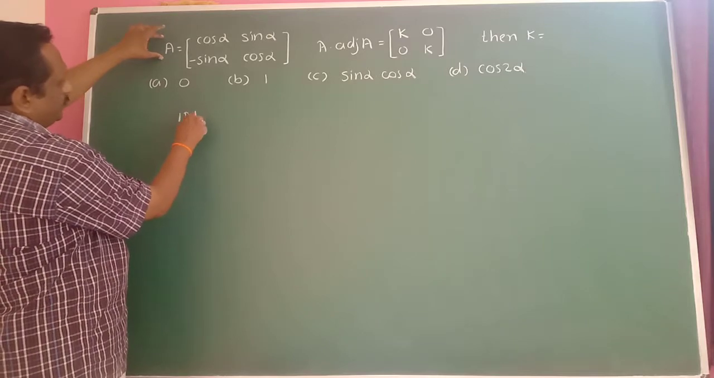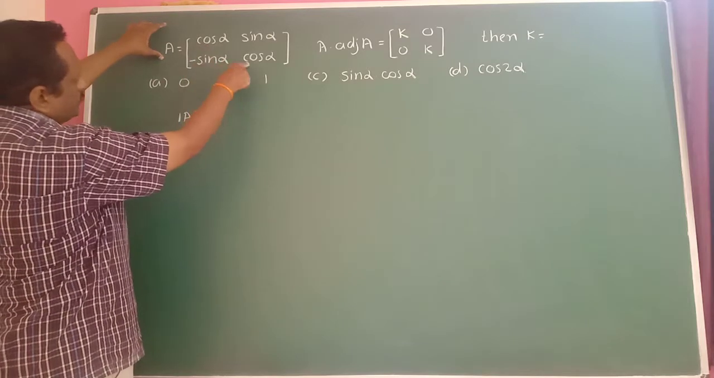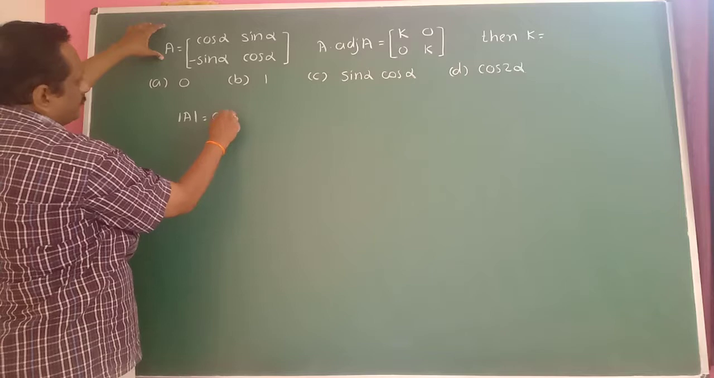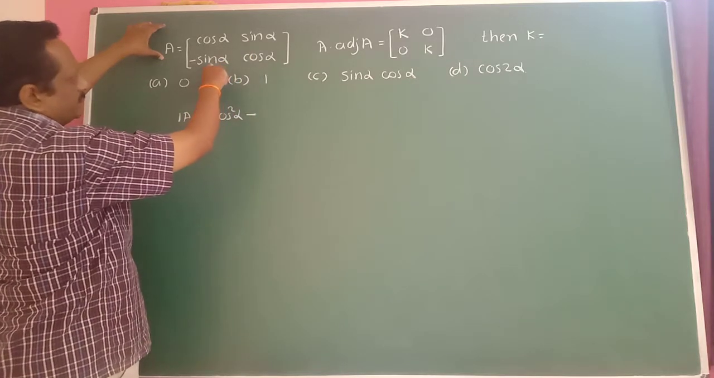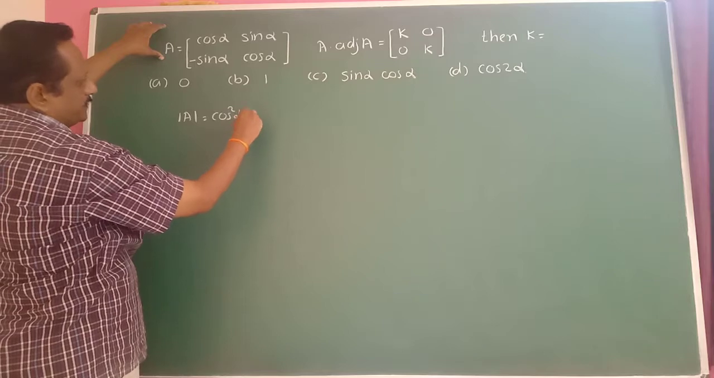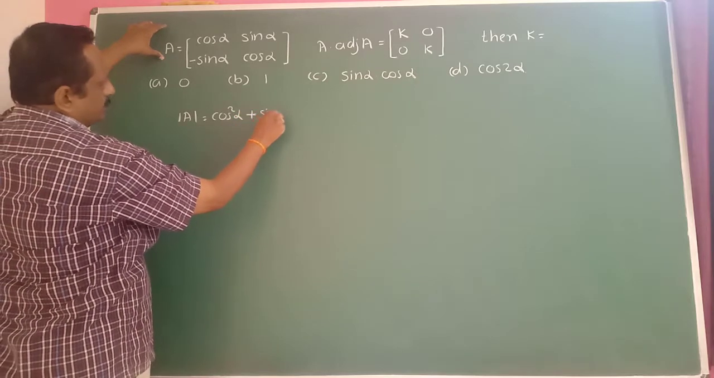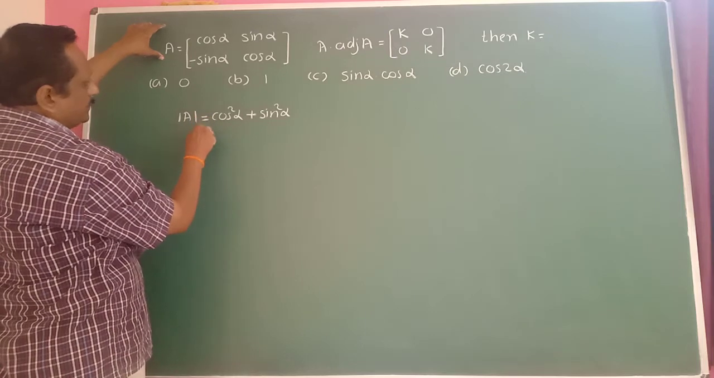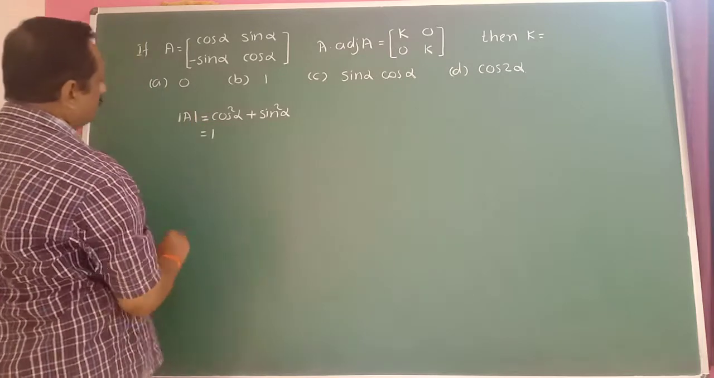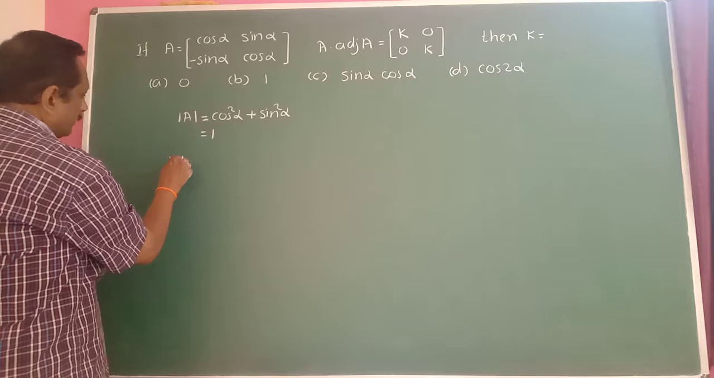Here determinant of A is equal to cos into cos becomes cos square alpha here. Minus sin alpha into minus sin alpha, minus sin square. Minus into minus plus here. So plus sin square alpha here. And you know that cos square plus sin square is 1 here. Okay. Later we know that